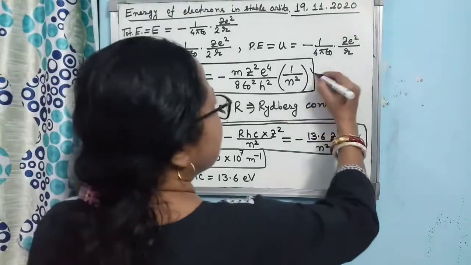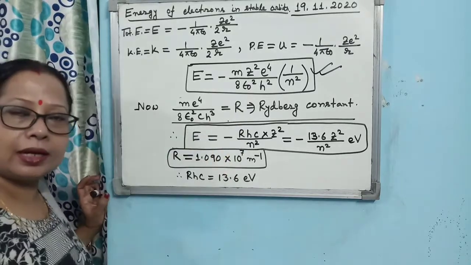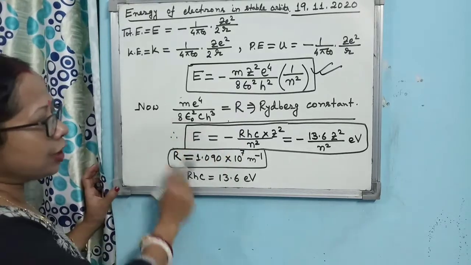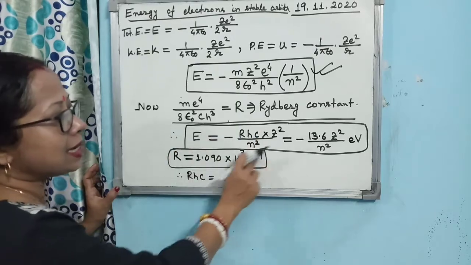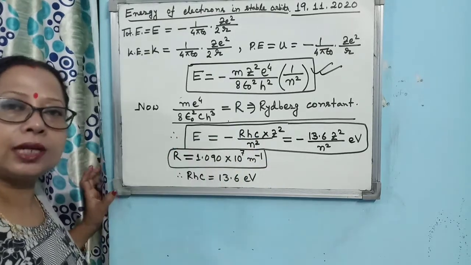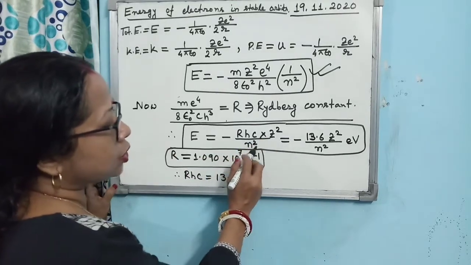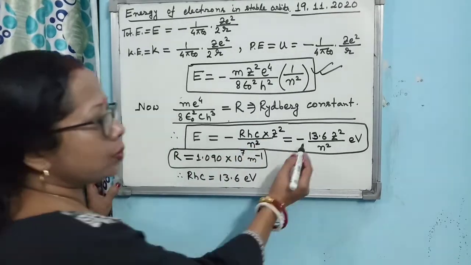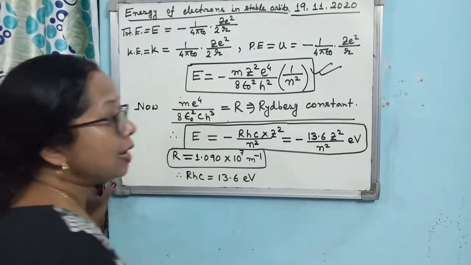So you have to learn and remember the Rydberg constant, the expression along with the value, and then E. This is the easiest expression for the total energy, that E is equal to minus R h c into Z square by n square. So you can write minus 13.6 Z square by n square